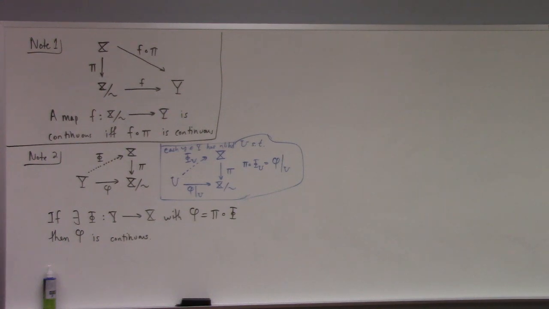Note 1 is theorem 13.2 we proved last time. And then 13.3: let f be a continuous function on a topological space X to a topological space Y. Let tilde be an equivalence relation on X such that f is constant on each equivalence class. Then there exists a continuous function g from X mod tilde to Y such that f is g composed with pi. So to translate here,